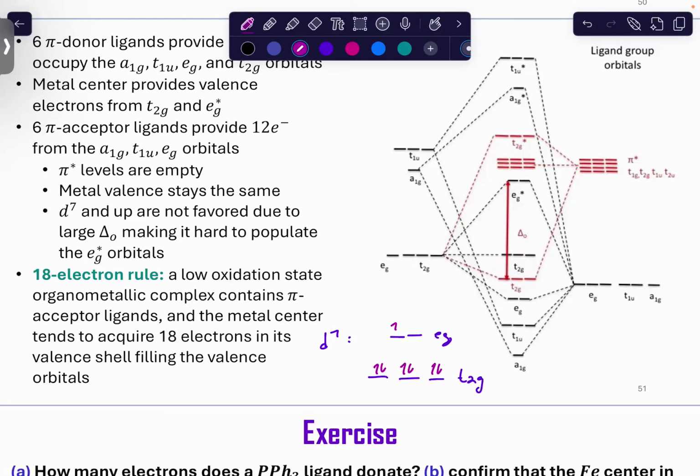Okay, so in the exercise we'll actually look at the 18 electron rule. You'll see how that works out. But these 3 slides here, combined with the textbook, will help you really suss out these molecular orbital diagrams for your octahedral complexes involving pi donors and pi acceptors. Okay. All right. It's a lot of new stuff, but